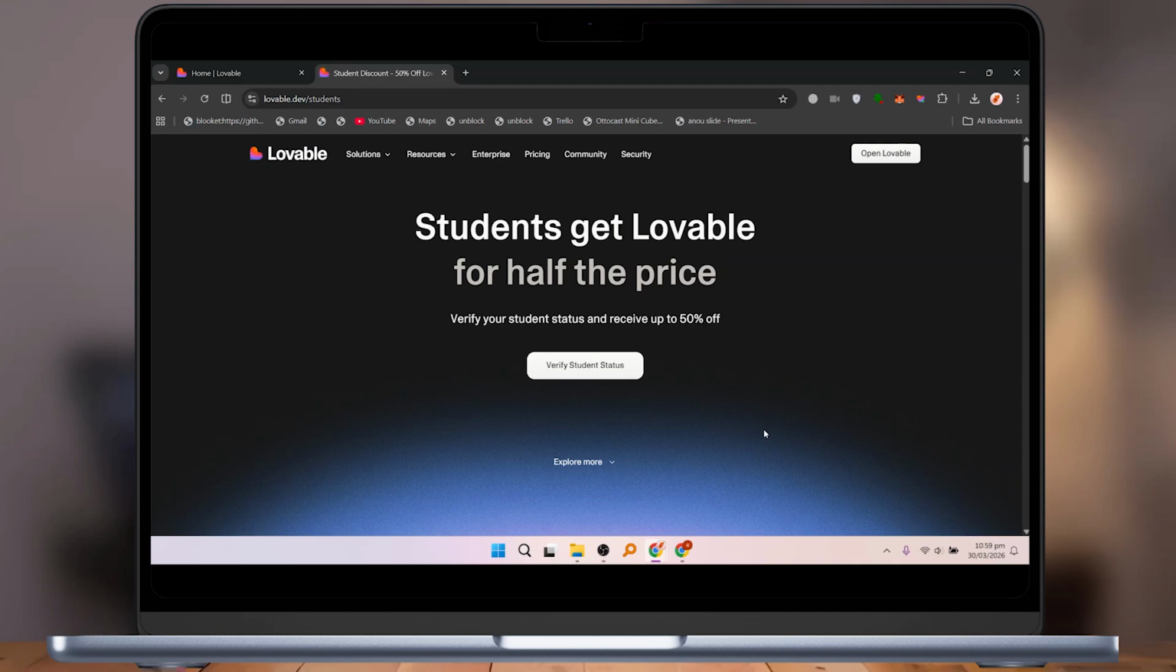Remember, the student verification may need renewal after a certain period, so keep your student credentials ready for re-verification